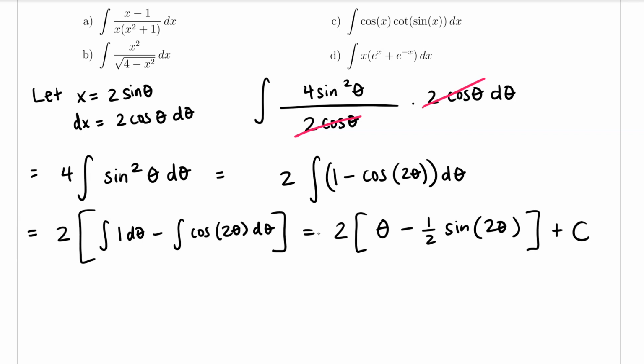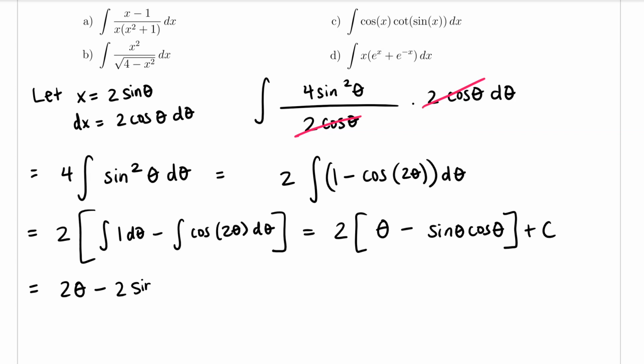And sine of 2 theta, if we use the double angle identity, I know that sine of 2 theta is equal to 2 times sine of theta times cosine of theta. And so this 2 and this 1/2 will cancel out. So let's go ahead and clean that up. From here, I am going to distribute the 2 in. And although some of my students are inclined to stop here, our answer right now is in terms of theta,